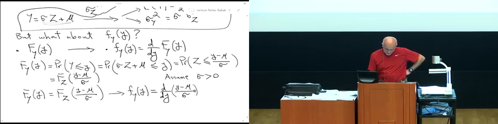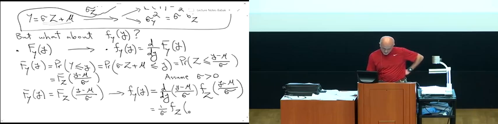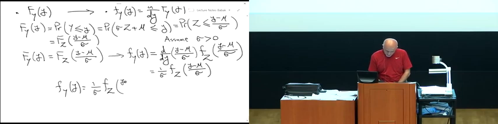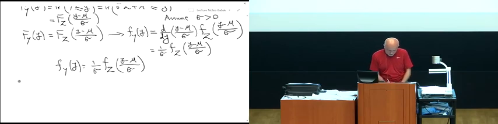This is the derivative of this guy times, well, the derivative of capital F is this guy. And what's the derivative of this fraction? 1 over sigma, f_Z of (y minus mu) over sigma. Okay? What does this mean for the Gaussian, for example? So this is what we found: f_Z of (y minus mu) over sigma. That's what we found. So let's say Z